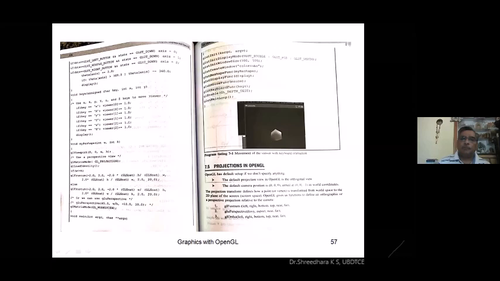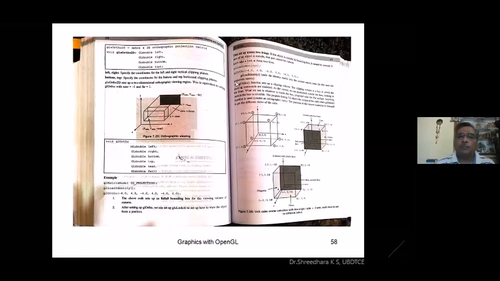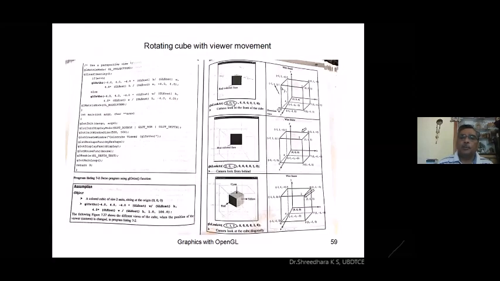If we view this cube from the front, it looks like a small rectangle. Here, gluLookAt is 0, 0, 1. All other parameters are kept the same, only the eye position changes. Whenever you change it to 0, 0, -1, the camera looks from behind. You are observing the same cube from behind.